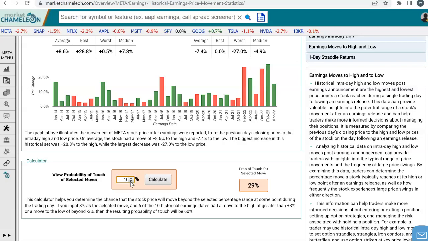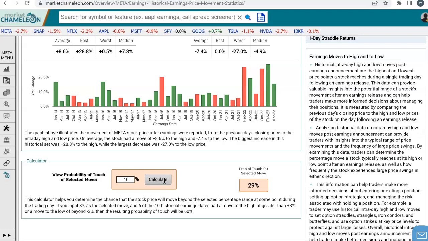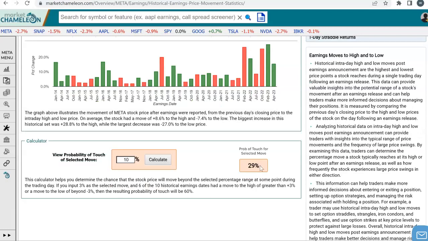So let's take a look at any time during the day following earnings, how often does the stock move by 10%? We're going to recalculate that, and you can see that